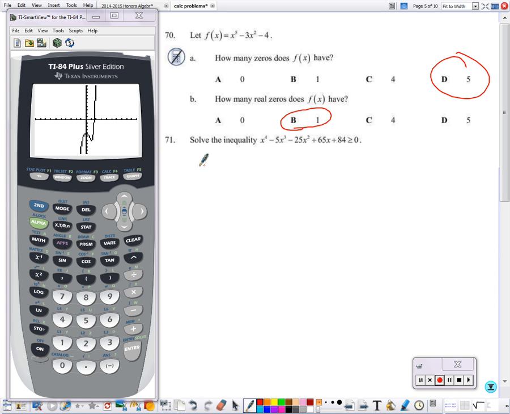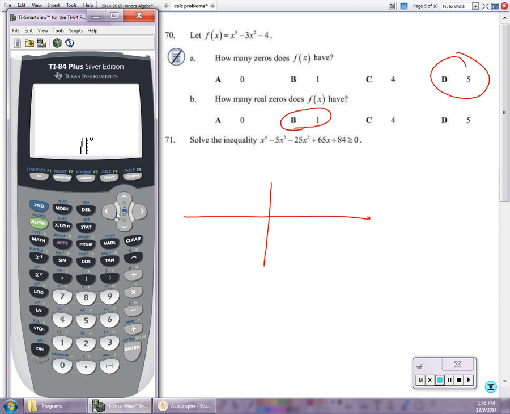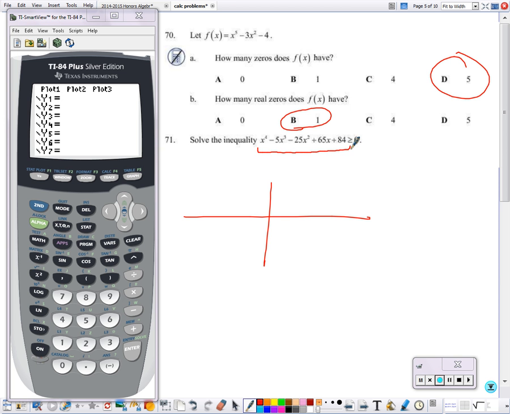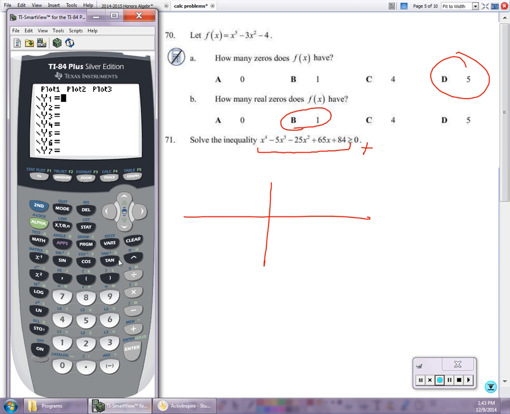Okay, so for 71, we're going to use the calculator to make a sketch of this inequality. Because what this is saying is, for what y values are you positive? Or is the graph positive? So if we look at the graph,